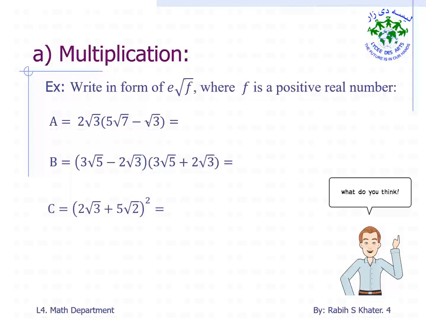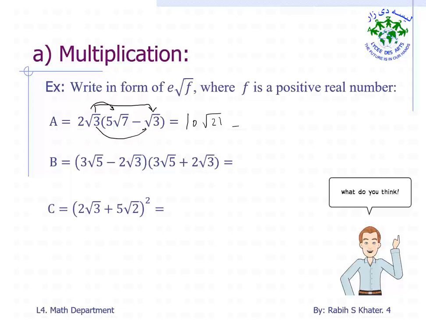Now, how to multiply these? To multiply this, we know that we distribute 2 radical 3 over the parentheses here. So we multiply first by first, then first by second. But how do you multiply first by first? We have said that before. We multiply coefficient by coefficient and radicand by radicand to get 10 radical 21. 5 times 2 is 10, 3 times 7 equals 21, minus, now,